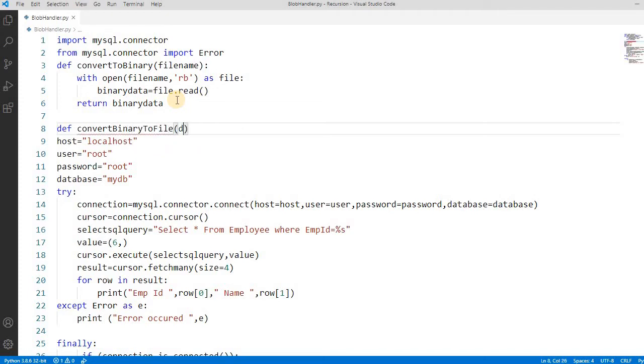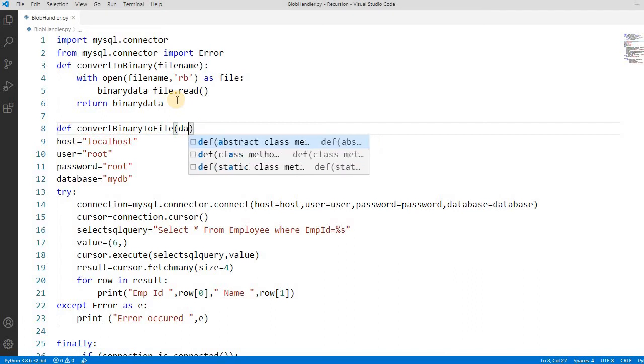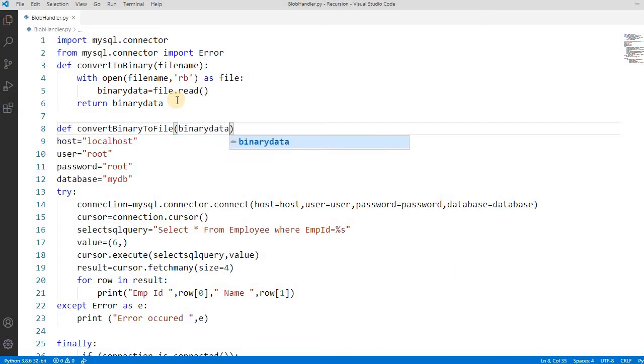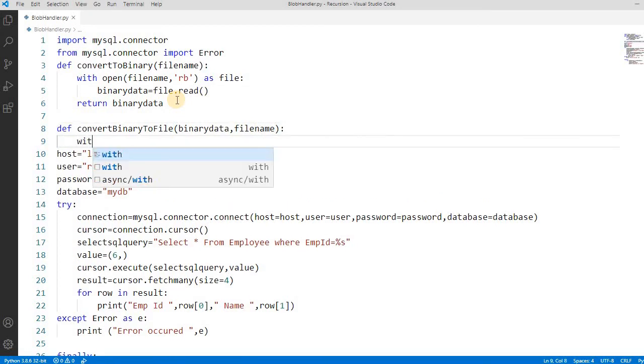How can we do this? We need two parameters: first the binary data, and then the file name in which you want to save. Let's say with open file name, and then we have to write in wb mode, because we have to write binary, right?